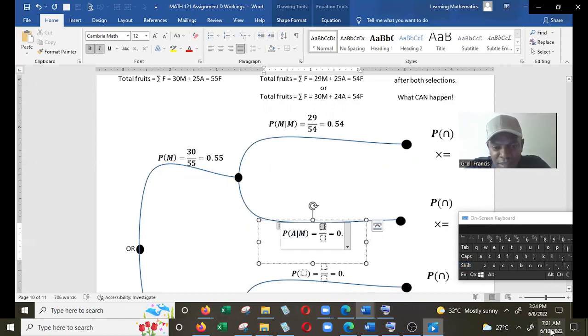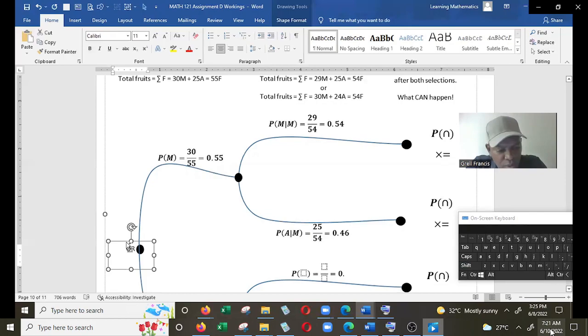So what's the probability of getting a mango after apple after mango? 25 over 54, because there would still be 25 mangoes out of the total of 54 fruits if it was a mango. Now what is this? 0.46 must add up to 1. Or, where's the or? Here you are. Or